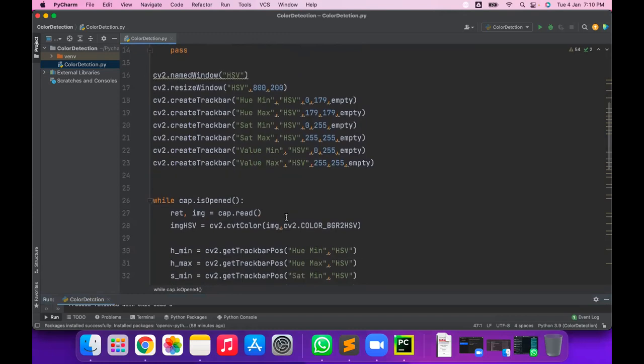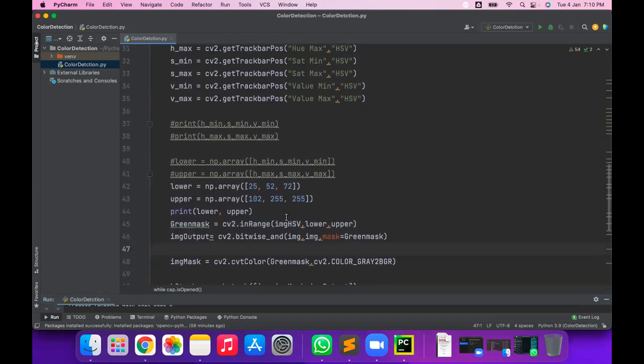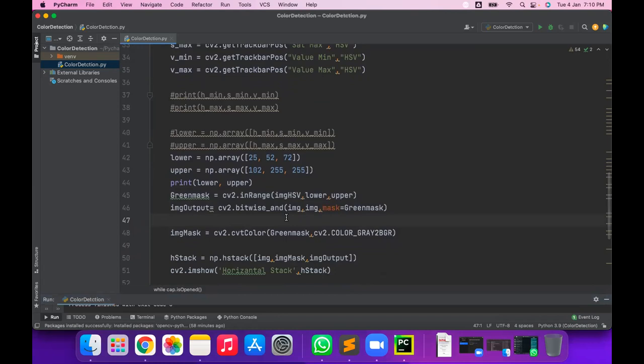By using this technique, we are able to get only the image which has a single color. Now we will see the application of this color detection afterwards. We'll do some projects based on this.